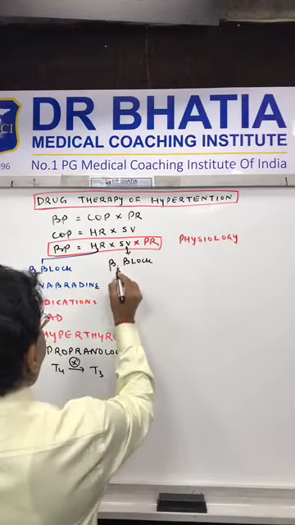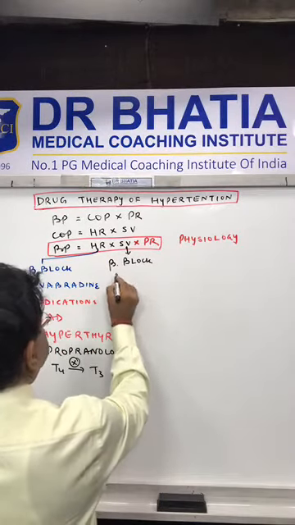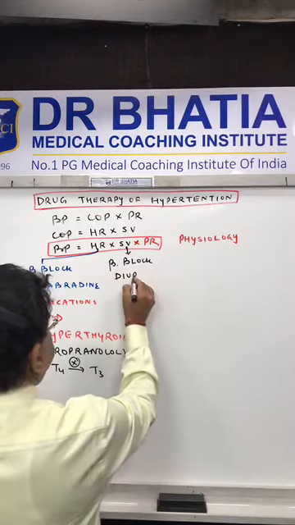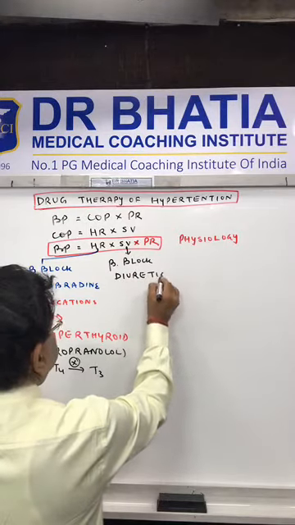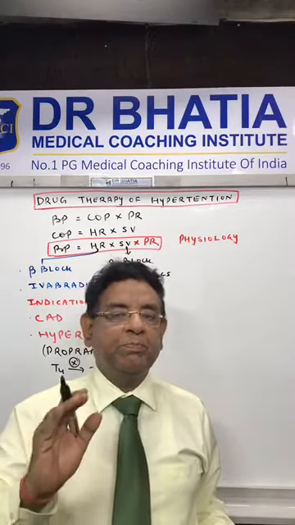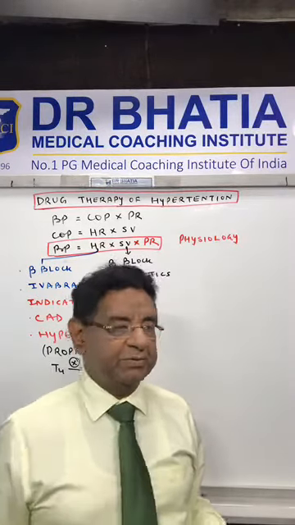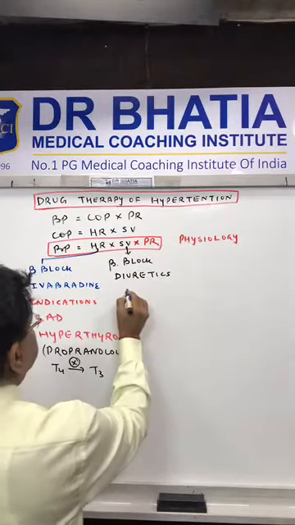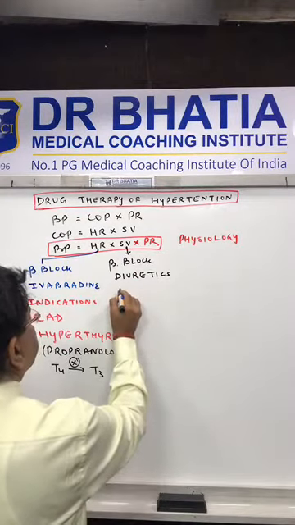The second drug which controls stroke volume is diuretics. How come? Because they reduce the intravascular volume, so preload is reduced. And nitrates,